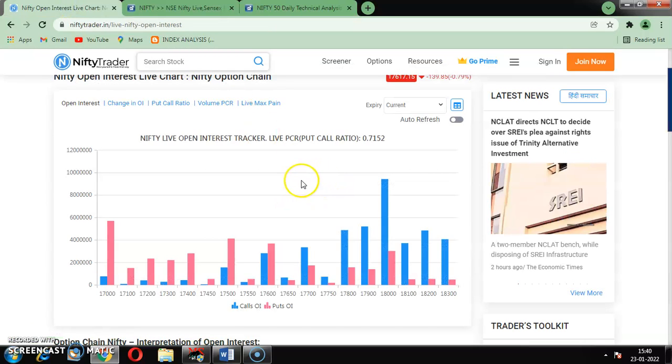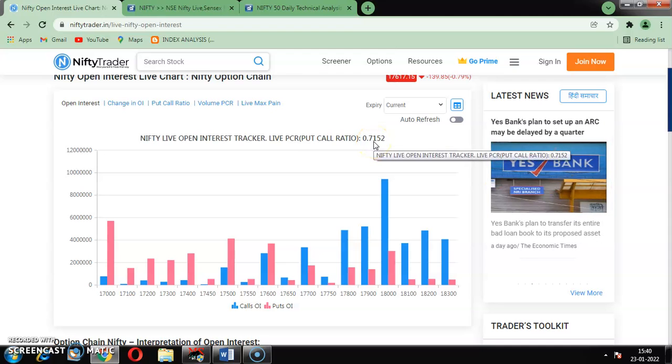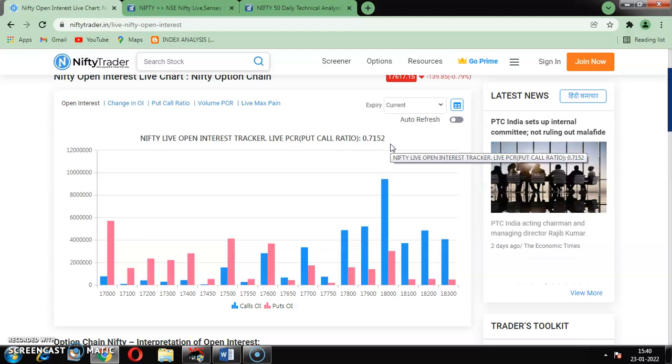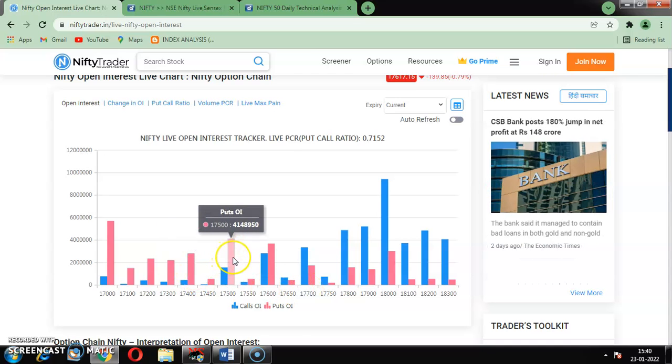Yes, this is the current open interest. You see, this is the PCR. PCR is 0.71. PCR is negative because 1 is a neutral zone, above 1 is a positive PCR, below 1 is a negative PCR. Now you see, as far as the option data is concerned, here you see these are